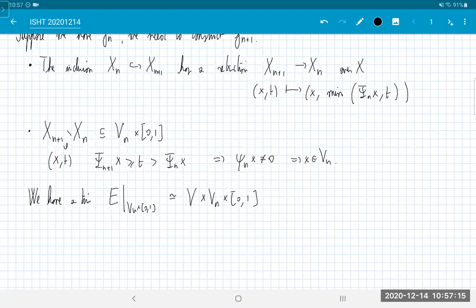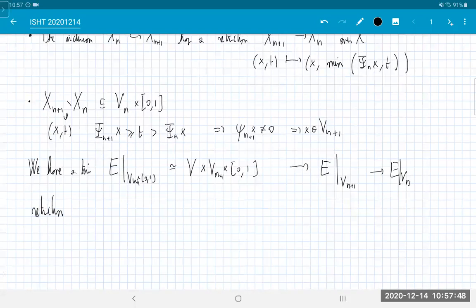But for consistency's sake, I'll keep on it. And so here you can get a map to E restricted to Vn plus 1. This was Vn plus 1. So we can get a map E to Vn plus 1 to E restricted to Vn,